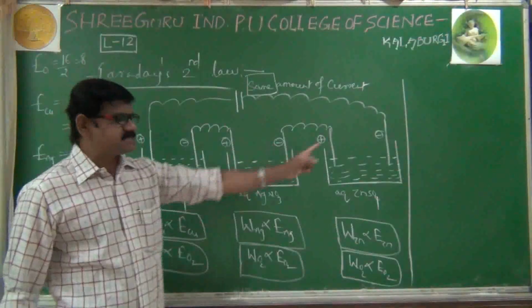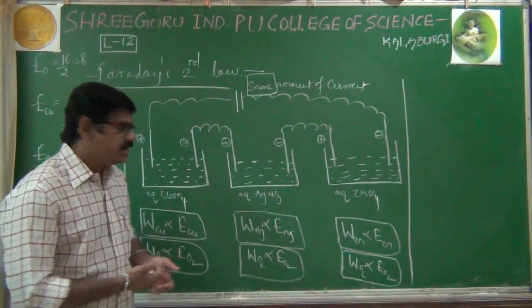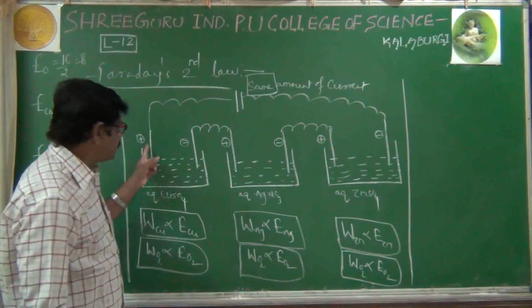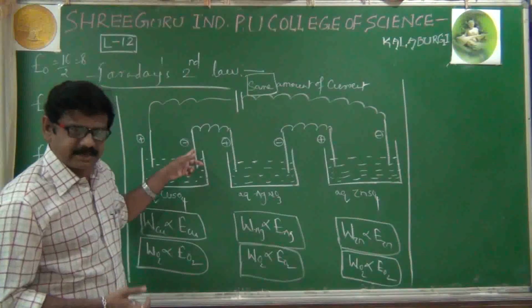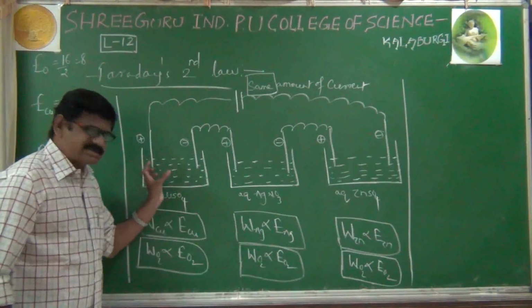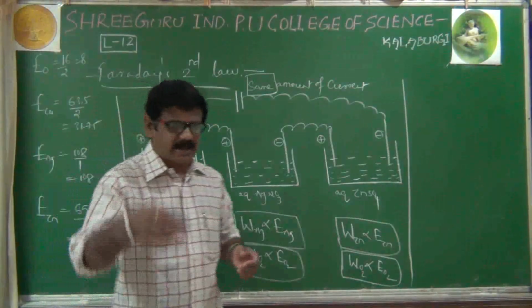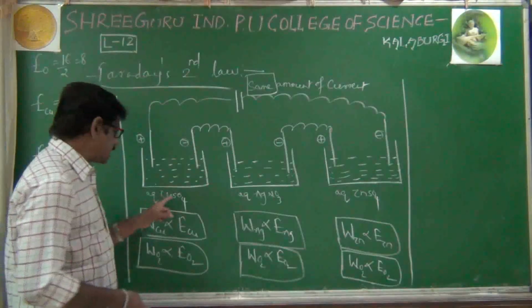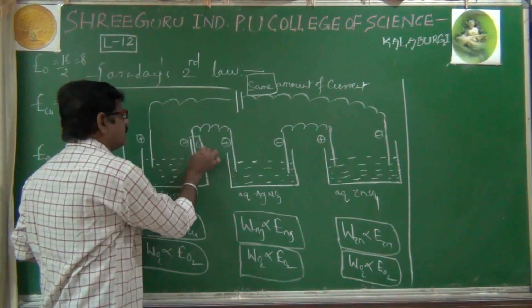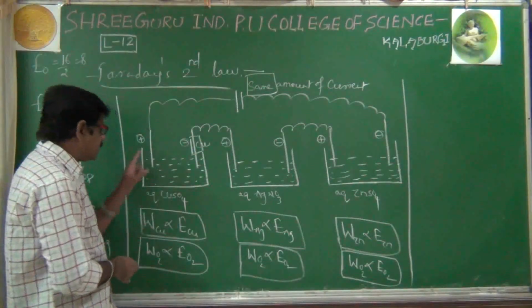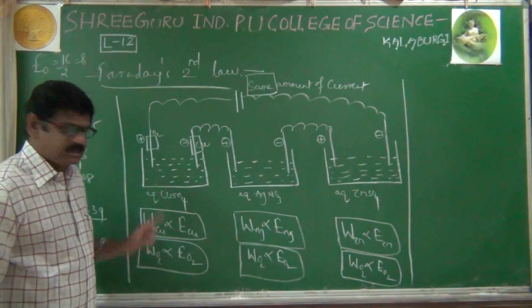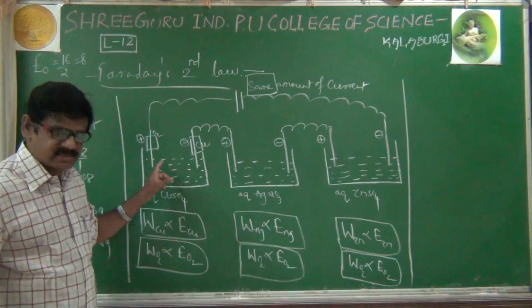If the electrolysis process takes place, then at the electrodes their corresponding products are obtained. Here at the anode one product and at the cathode another product is obtained. As far as aqueous copper sulfate is concerned, the products obtained during its electrolysis are already known to you. At the cathode copper will be deposited, and at the anode oxygen gas will be liberated. This process we have already discussed in our last videos.